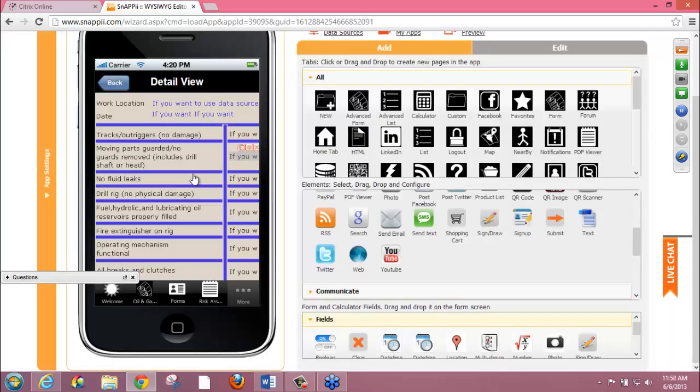If you're following along on your smart device, you'll see that the first level of information, which has the subcontractor's name, their phone number, a few constant images, and a signature, that's my list view or my top view of my advanced list. If I click on that, you will then see all of the information that was filled in within the drill inspection form. That all shows up here, and up at the top where there is a work location